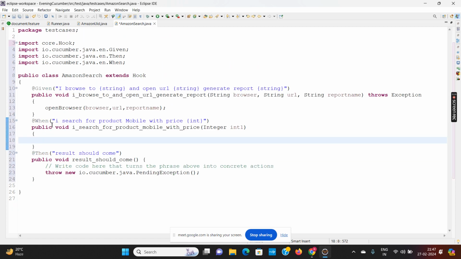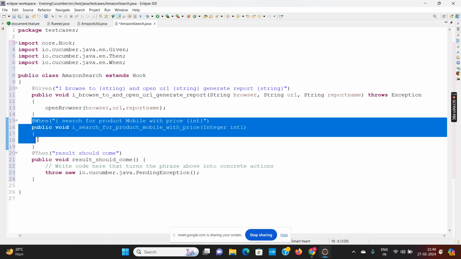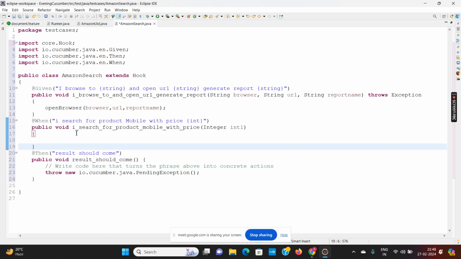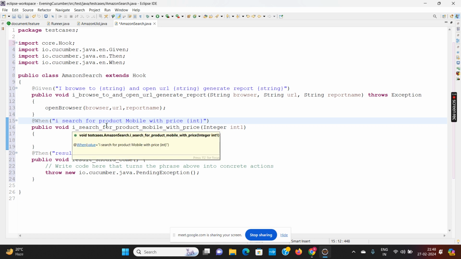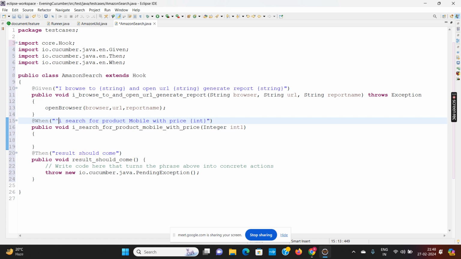For that, whenever you want to pass multiple data, you have to make some modification in your method. The modification is that you have to start this @When within the double quotes with this anchor tag, Shift 6. This is called the anchor tag.